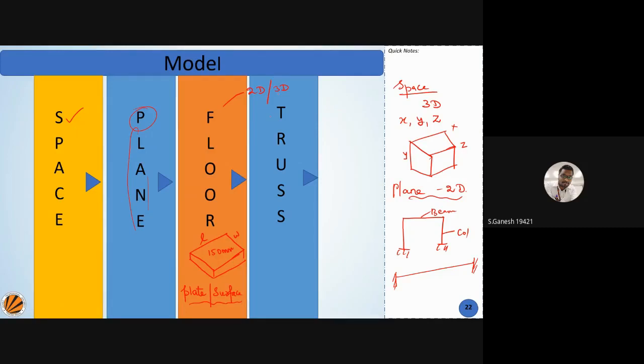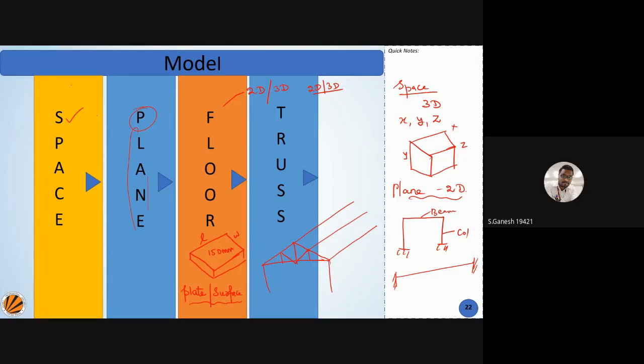And the next part is your truss. What is a truss element? A truss element is again both a 2D as well as a 3D element. When you draw a simple truss, it is a 2D element. But when I project it in a transformation or some kind of 3D structure, it gets projected like this, and then I can see my trusses as three-dimensional figures.